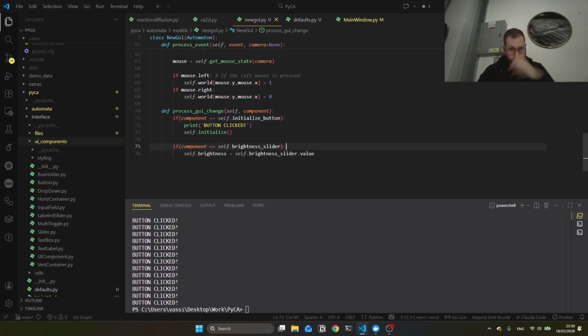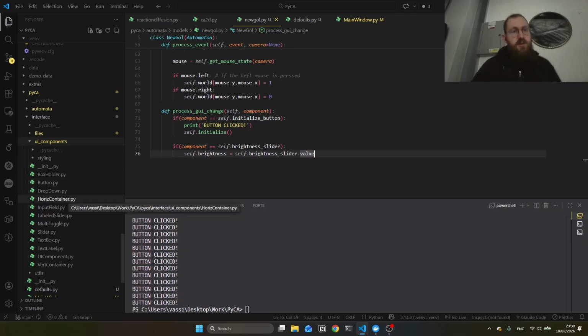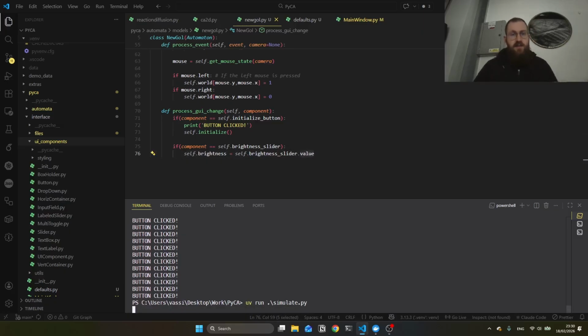So in the documentation, you will see what each component has as properties that you can access. For now, you need to look into the code, sadly. But yeah, the slider component just has a value, which is the current value of the slider. So now if we run our simulation,